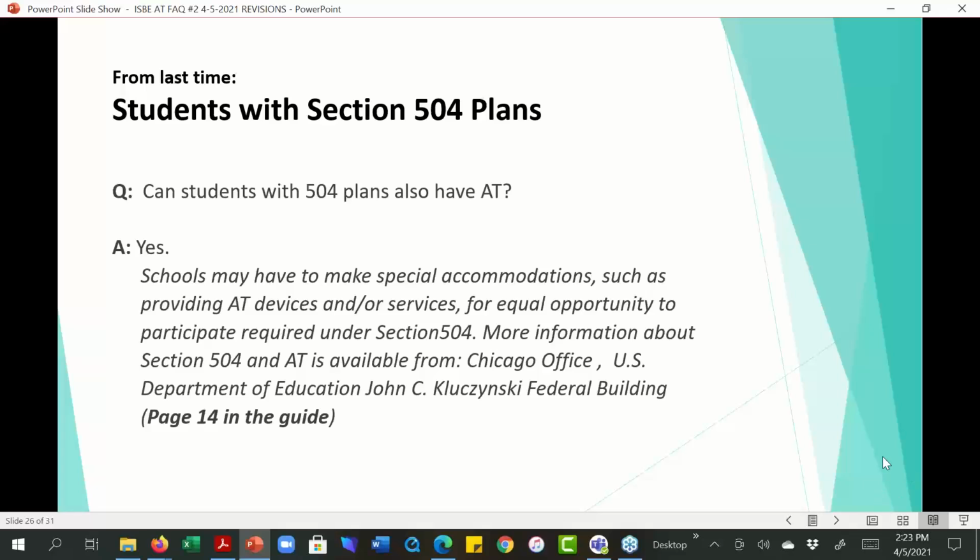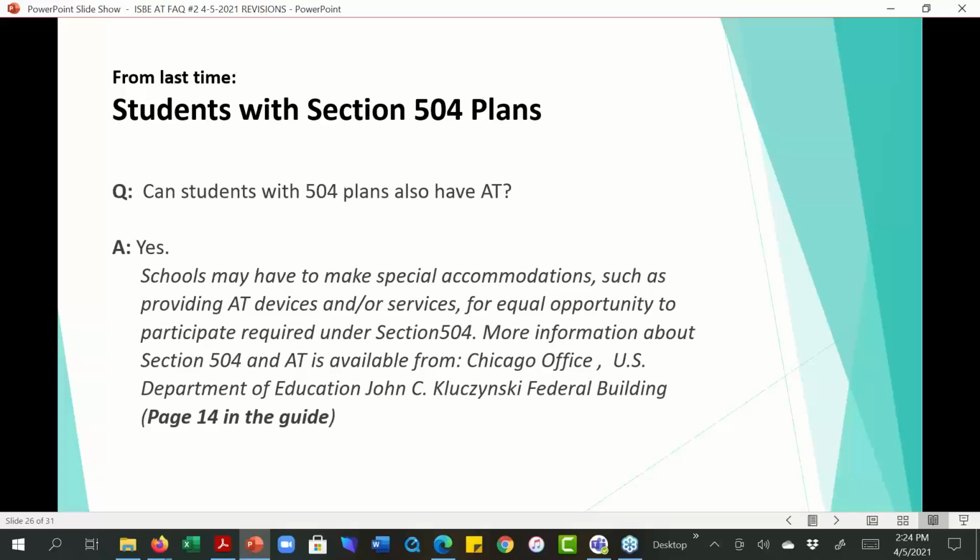The difference between kids who have IEPs and the kids who have section 504 plans is that section 504 implies that the student does not need specially designed instruction, but may need accommodations and modifications.